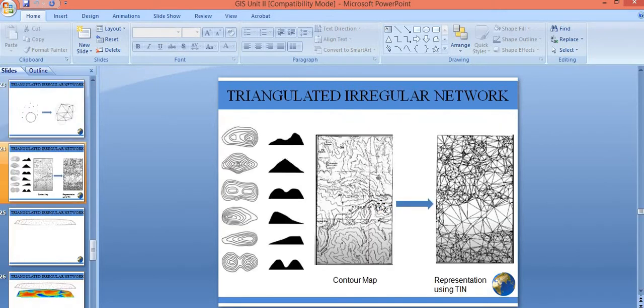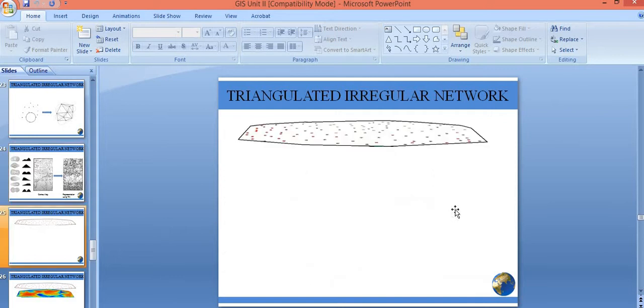Okay, fine. The point you have to take is, on the left side you can see the elevation detail and how it is represented by using TIN. The point to take from this slide is: the more elevation detail you have, the more triangles you will have. The less elevation detail you have, the fewer triangles you will have in your TIN model. Hope the point is clear for you.